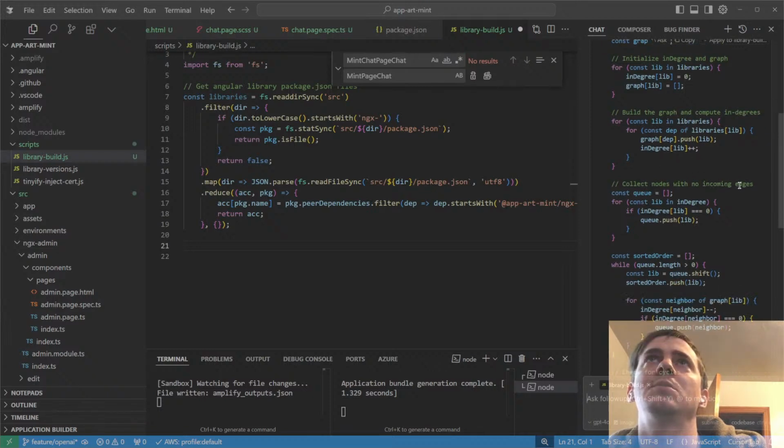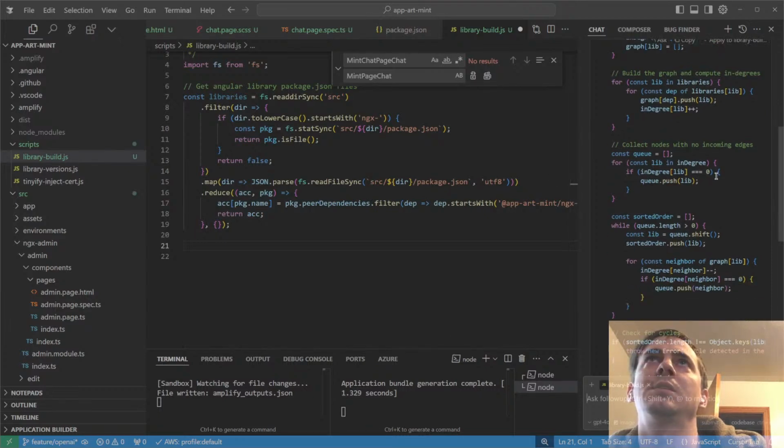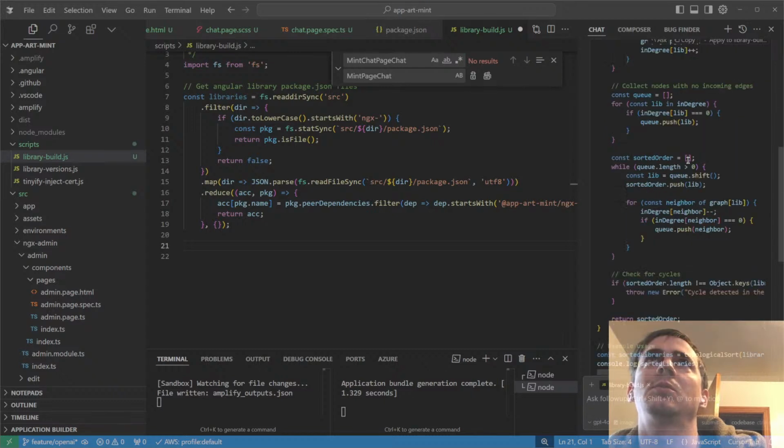Collect nodes with no incoming edges. Yeah, just what I was thinking. The ones with none can just be built. Sorted order, while q.length. Collect nodes with no incoming edges. So q.push